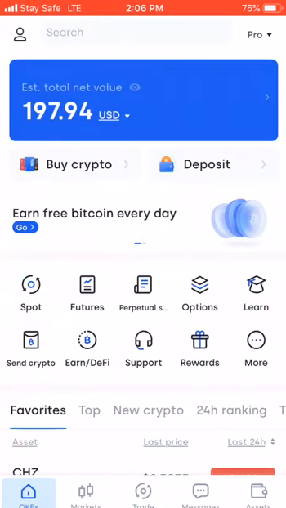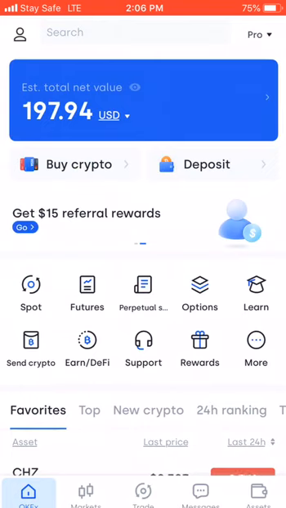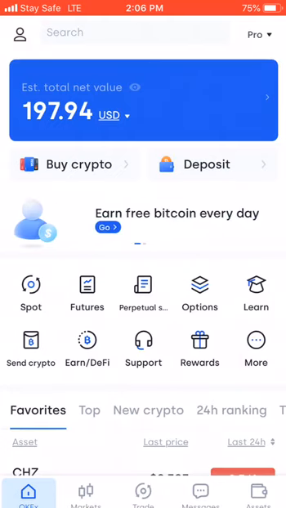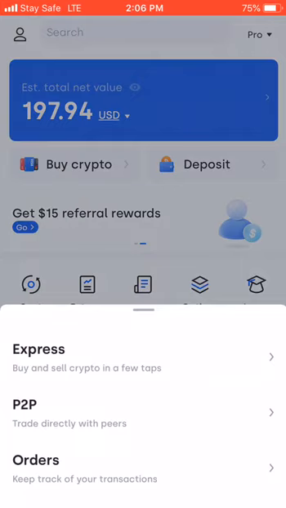You can see the icon at the extreme left. That is if you're using iPhone. I'm recording with iPhone. If you're using Android phone, it might differ in their positions because maybe this option might be at the top, but in iPhone it is at the bottom. It doesn't matter. What matters is that you know the icons to click. Now you go to the icon of homepage, you click it. Then if you click buy crypto, it will take you to the place where you will buy